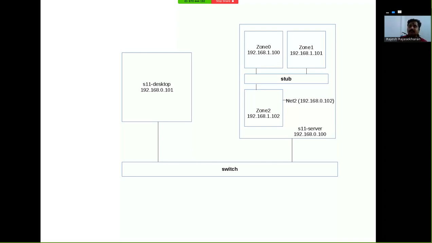I am trying to ping zone 0, that is 1.100, from S11-desktop. Of course, the packet reaches zone 2 because zone 2 is configured to accept packets from the 0.x network. It figures out that the packet for 1.100 does not belong to it. If it is not configured to forward those packets, it will simply drop it, which is what is happening now. But if we go ahead and configure zone 2 to forward the packets, then the packets that do not belong to it, it will forward to the